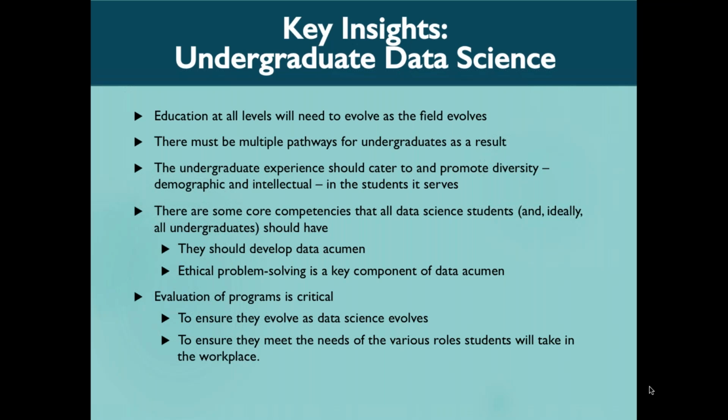So at the undergraduate level, one of the key findings is that education is going to need to evolve very quickly, and that we need to be thinking about multiple pathways. There may be some students who get a major, who focus primary attention on a data science program, or there may be others who study something else like political science or psychology, where they need a considerable amount of data science, maybe at the level of a minor. And all students should get some exposure, like a joy of data course or other data literacy requirement that all students see.